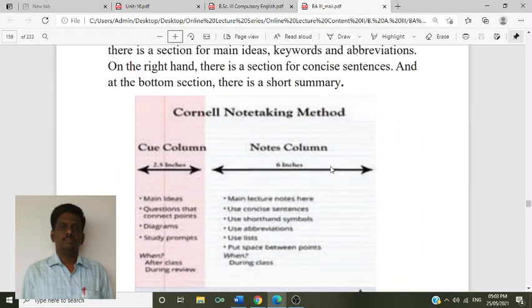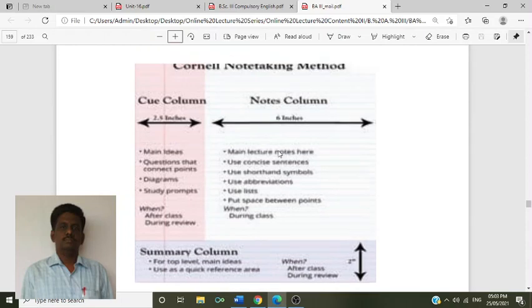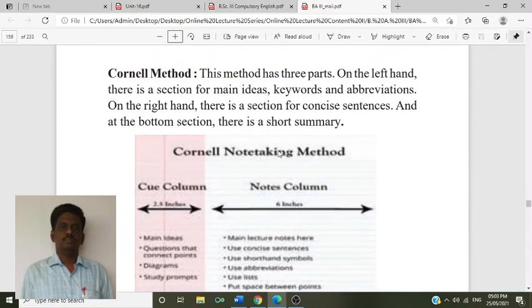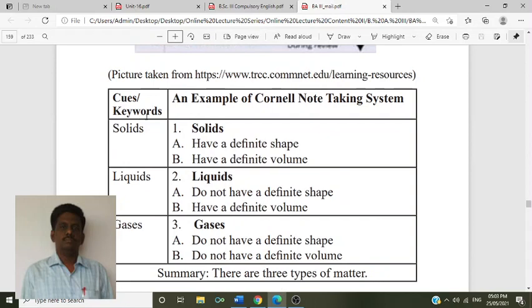So this is what you can see, the three things: Q column, notes column and summary column. In Q column main ideas were discussed, main notes were written down, chalked out. So the notes were divided into three parts, and it is also very convenient for us to mention the things. So the keywords, see, keywords are solids. An example of the Cornell note taking system is, see, solids,